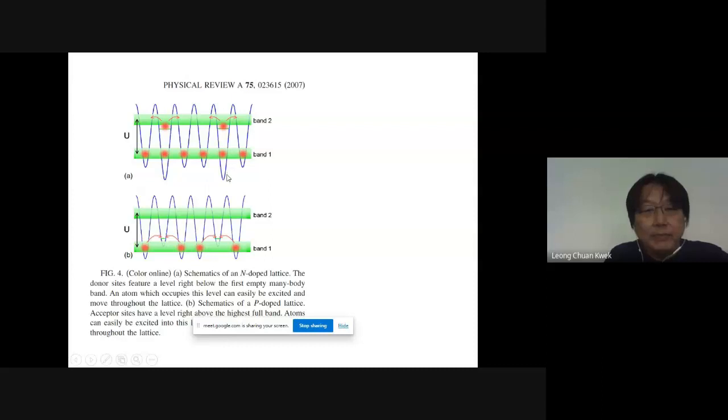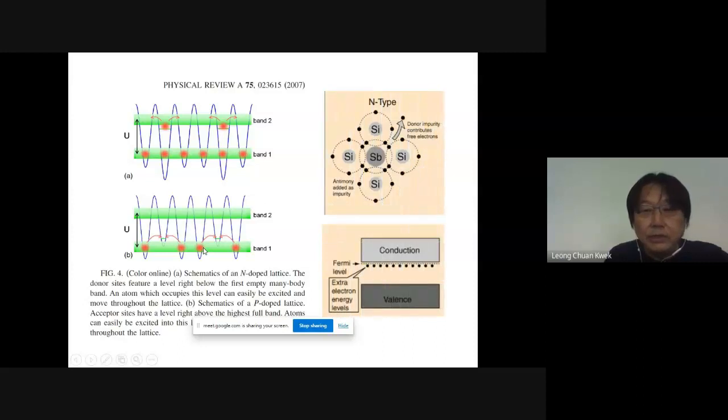But then what you can do is redesign your potential so that there are places where it's deeper, and then the energy of the atoms actually falls short of the conduction band. And so this is like an n-doped lattice. Similarly, you can redesign with a more shallow potential and then it mimics a p-doped device. So this is very much like Wikipedia. I think this is from hyperphysics, where you see that you can actually engineer